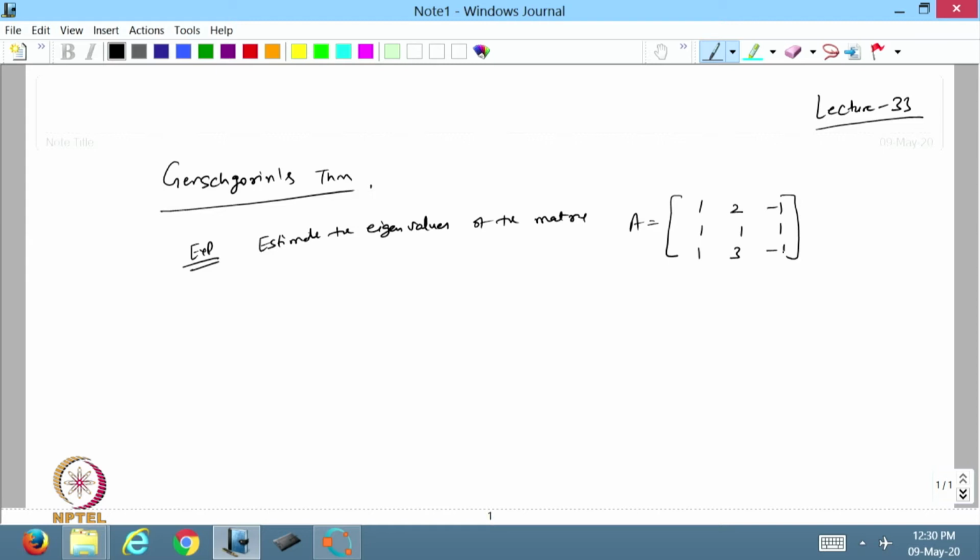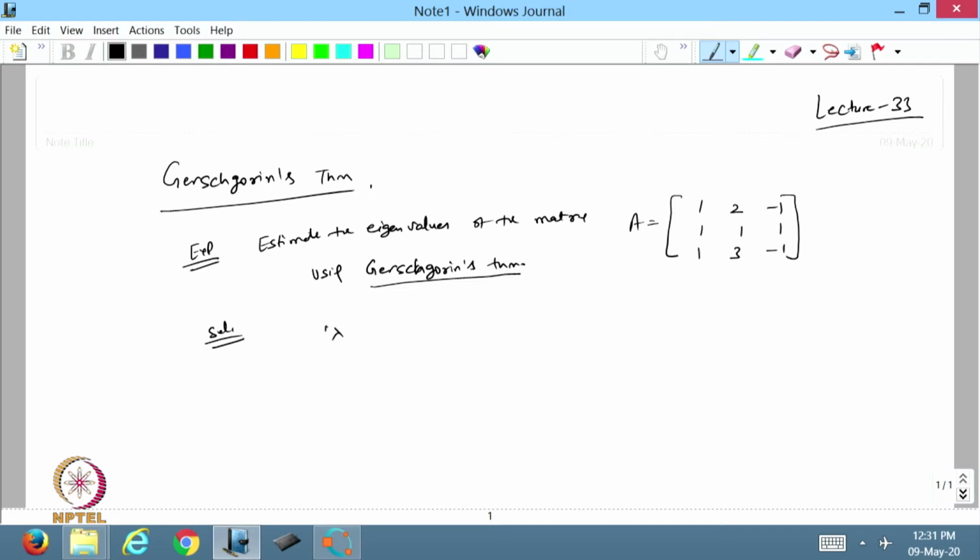In this case we have taken this matrix. Now from here I want to find all the estimates of the eigenvalues of the matrix. I can do this using the Gershgorin theorem. So that is my solution.